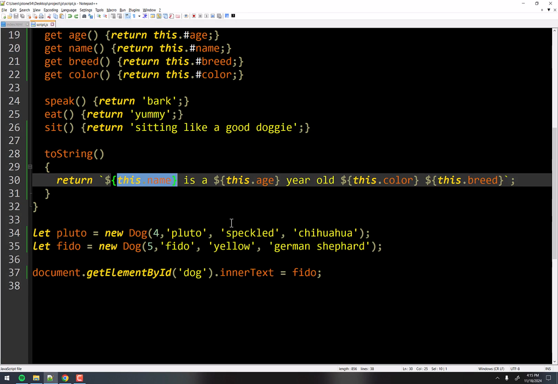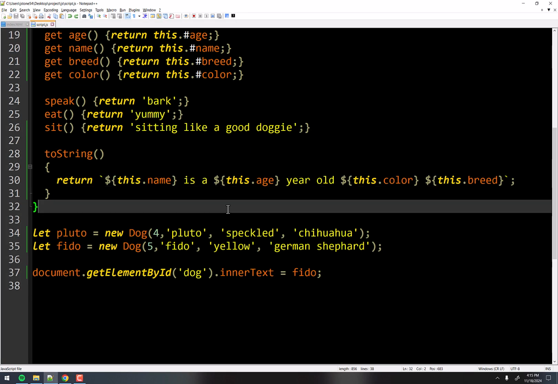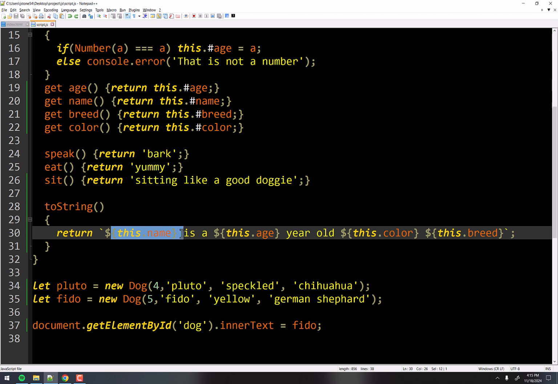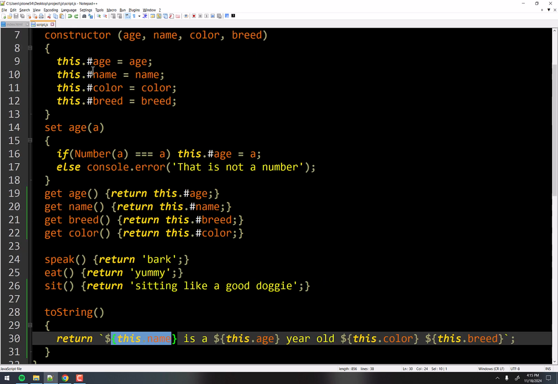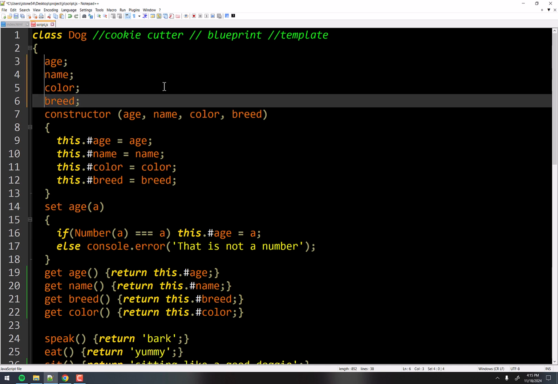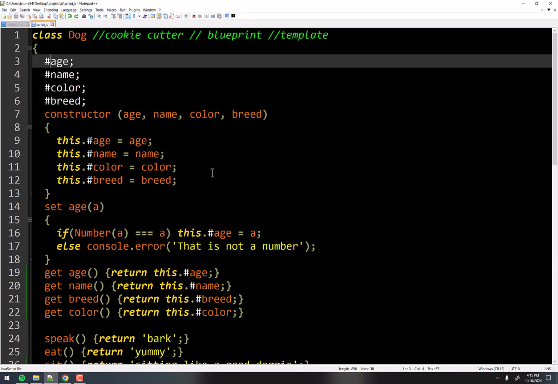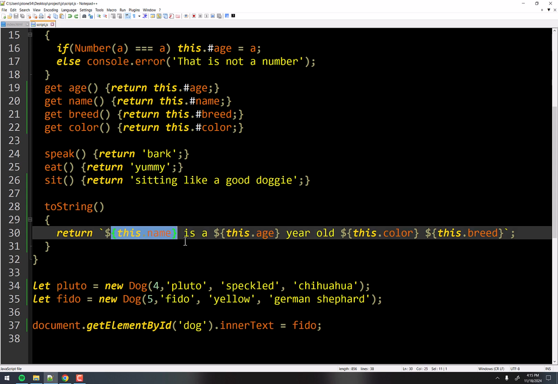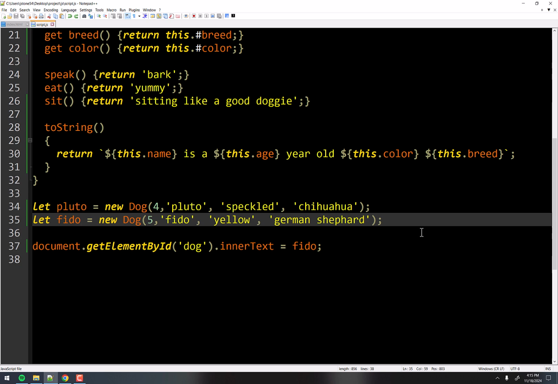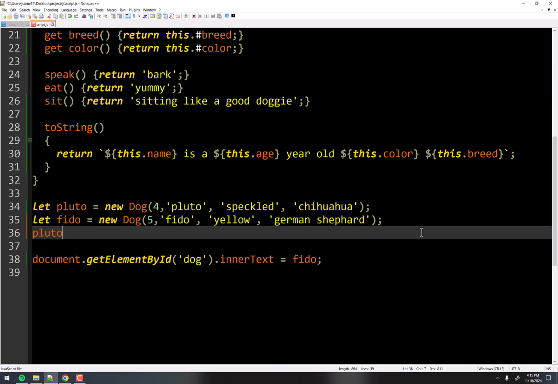And the way the setters and getters are designed in JavaScript, it takes a little getting used to if you've worked with other object-oriented languages, but it looks like you're directly accessing the variable, right? If it weren't for that octothorpe, you would be directly accessing it, right? If those octothorpes weren't there, well, that is the variable, but they are there. But it looks like here, and even outside of the class, that you're just saying, well, we don't have an instance of it, but we were changing Pluto's age, I think.